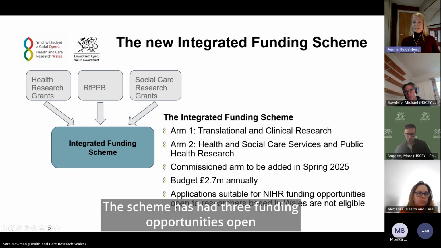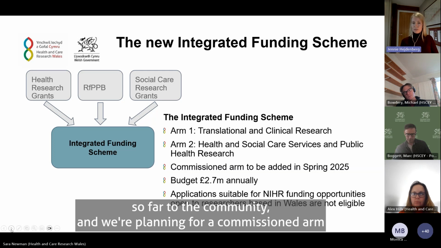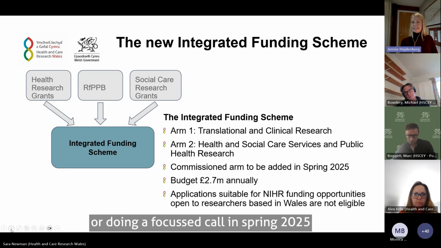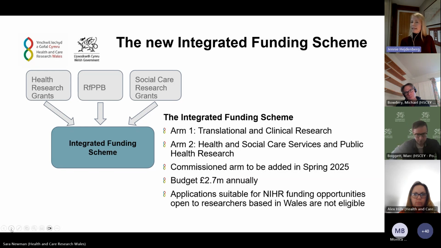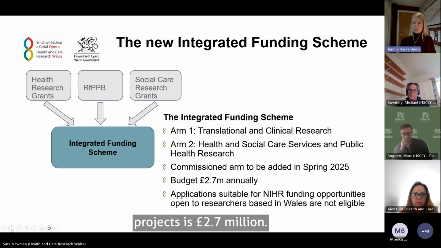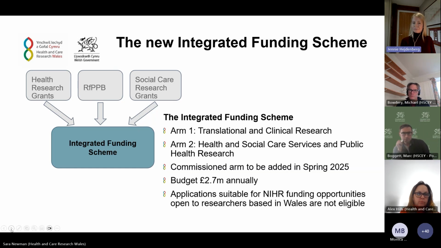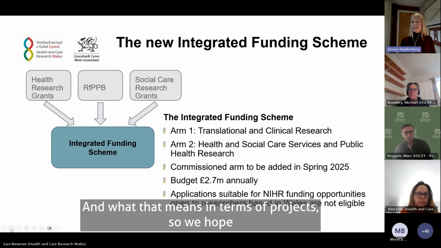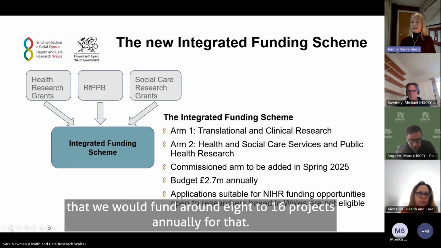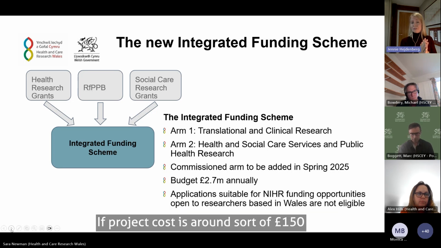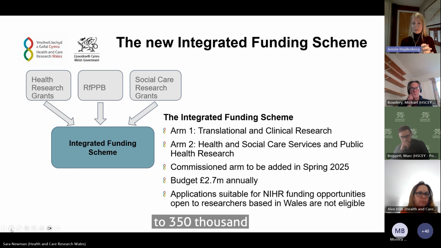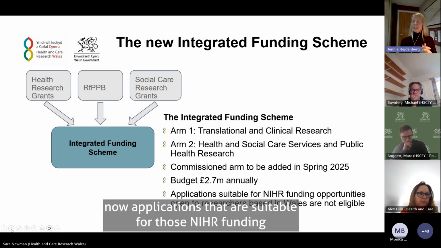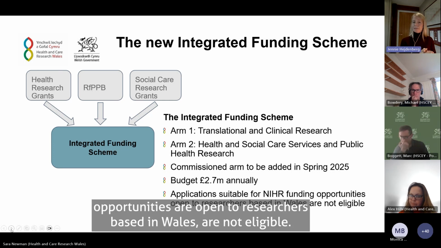The scheme has had 3 funding opportunities open so far to the community, and we're planning for a commissioned arm, or doing a focused call in spring 2025. The annual budget for research projects is 2.7 million. And what that means in terms of projects is that we hope to fund around 8 to 16 projects annually, if project cost is around 150 to